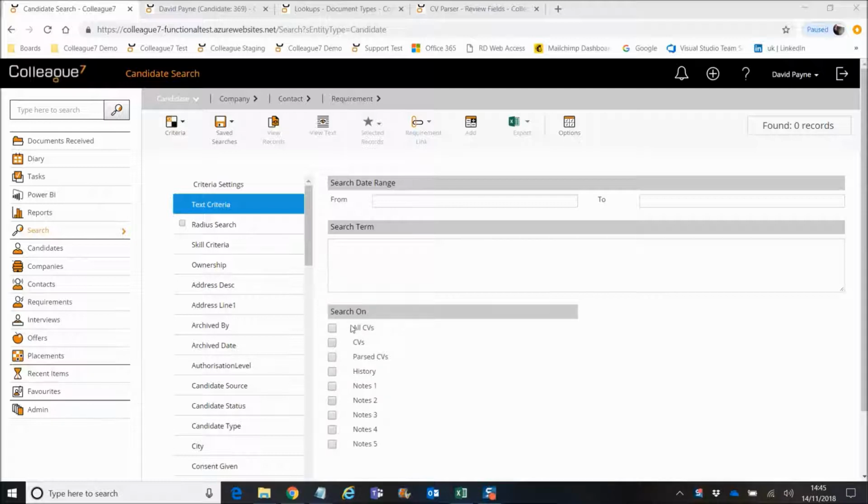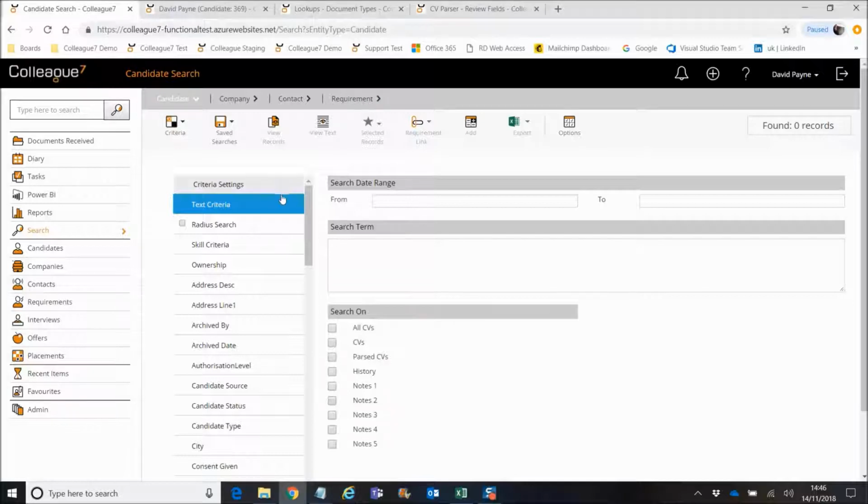But it is possible to request for there to be multiple different indexes. So if you wanted to segregate your documents so that some documents were searchable in a certain context, whereas other documents need to be searchable in another, that's the type of scenario we're talking about here. What we've previously only had is an index option against the candidate record. What is now possible is for there to be a company index, a contact index, and a requirement index